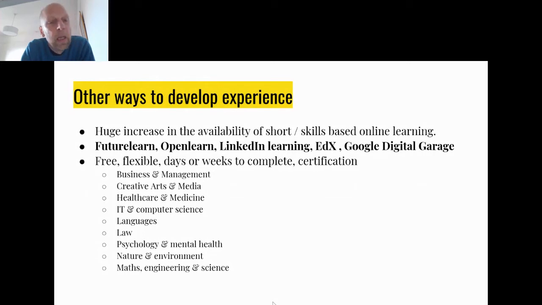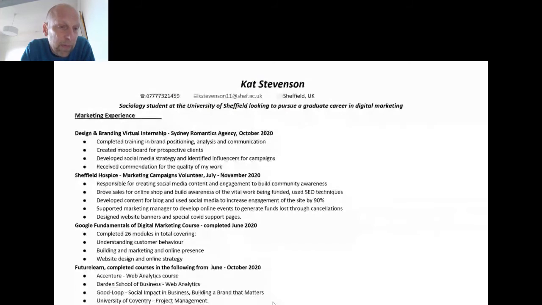And what I've done on this slide is just mocked up a student CV. I've taken an example here of a sociology student who, at the start of the summer, knew she wanted to work in the digital marketing area, but had no experience at all. And over the short period of time, over 6 months, has developed the experience that's demonstrated on that slide there. So she's done a virtual internship through Forage. She's gone out and secured a work from home project with a local hospice in their marketing teams as a campaign volunteer. And then she's done a digital marketing course with Google, and then done a number of FutureLearn